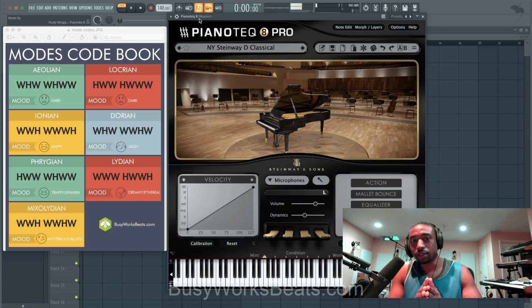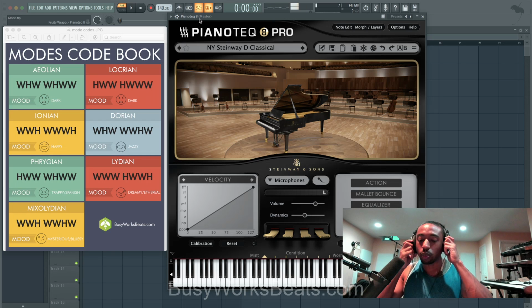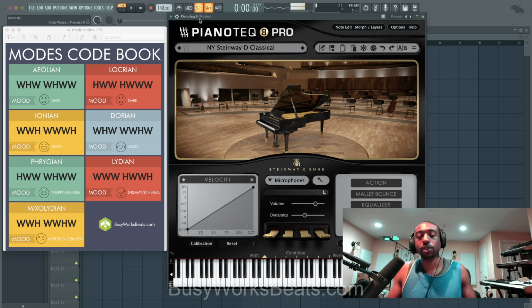Today we're going to focus on defining what a mode actually is. It's one of the most mysterious terms in music theory, but a mode, put simply, is a scale. You're like, that's it? It's just a scale? Now, the difference is people think it's different because of the way the modes are created, okay? Because there's certain types of scales.